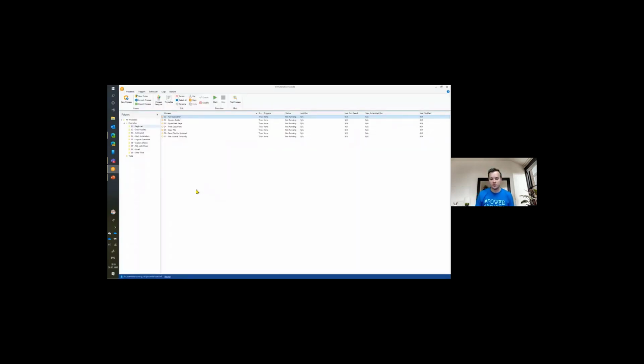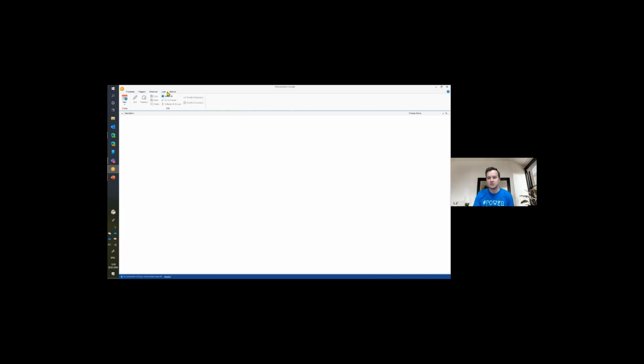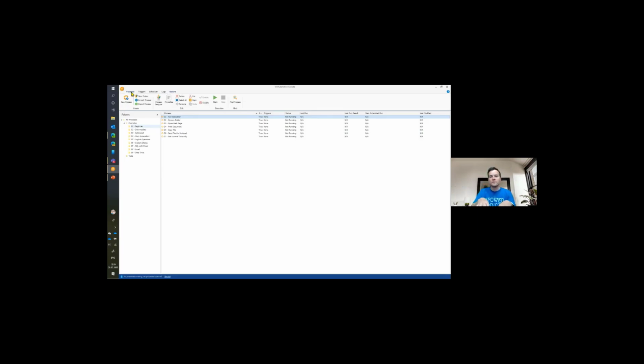WinAutomation as a tool is built out of two components. The first one is this WinAutomation console, where you have a list of all the processes you have created, a definition of triggers, a scheduler, information about the logs, and also the configuration of the application, the keys, the passwords, authentication, the approach for user attention, for error handling, and all the things that you can configure on the machine level. WinAutomation is working on this particular machine. You can install it,